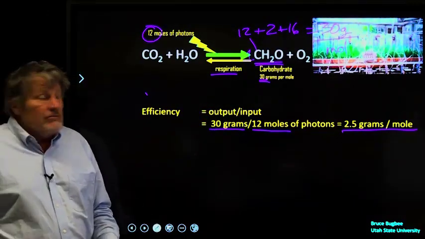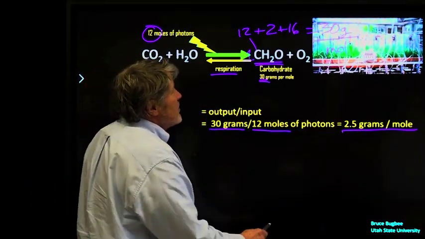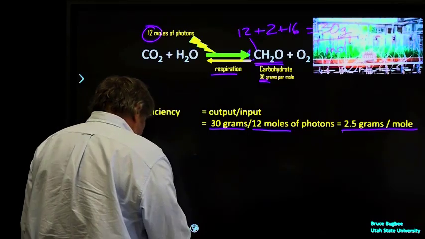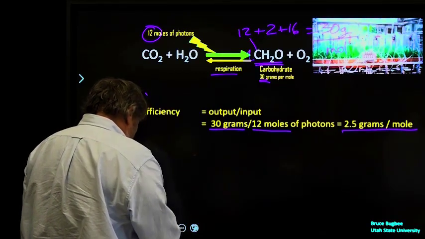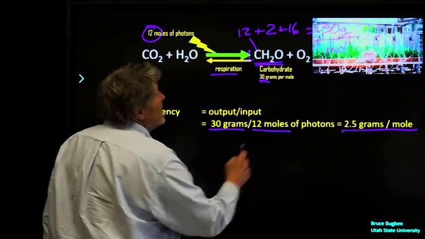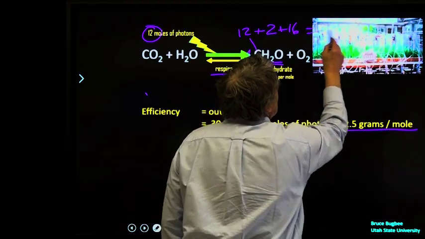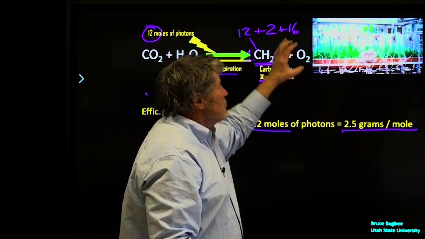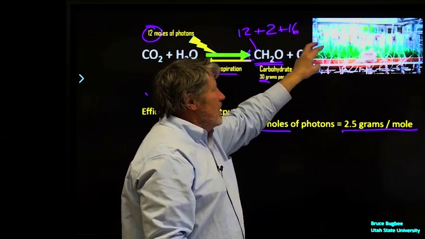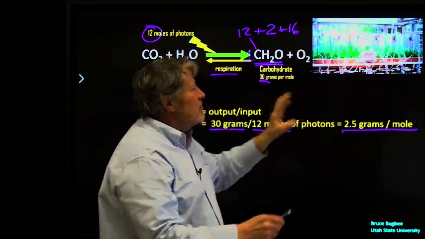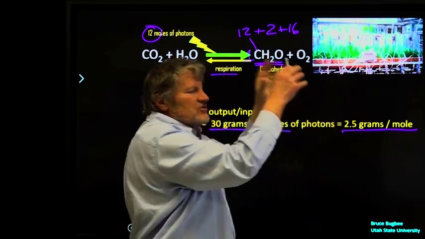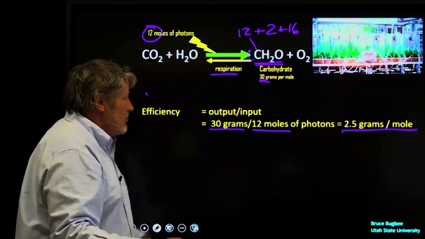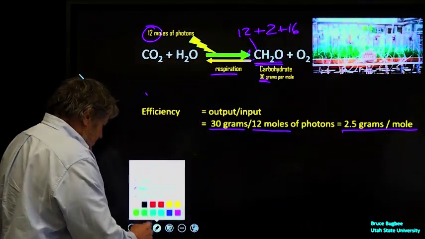Here is a picture of some of our gas exchange chambers. This is some of our chambers out in a greenhouse. You can see all the tubing on here. We're watching the plants breathe. We're measuring CO2 in the day, CO2 out at night, back and forth. And with that, we get the